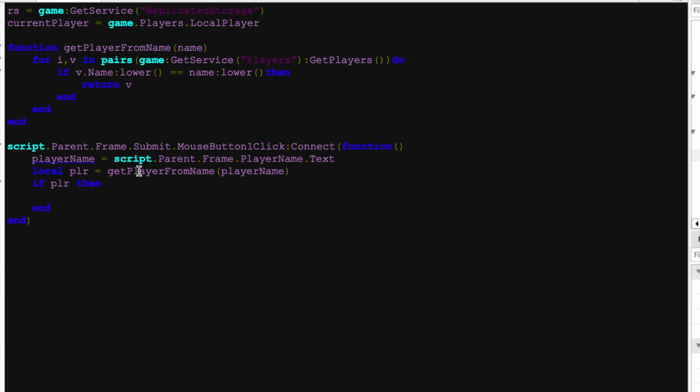Now, we're going to call local player PLR equals get player from name, that function, and player name that we've inserted. So now we're going to take the inserted name and run it through our check get player name, and we've made that function. So we're going to see if the name that we entered does in fact exist in our game. Now, if PLR, after that, because we use the return, if the player even exists, then